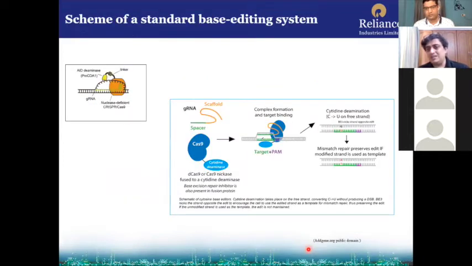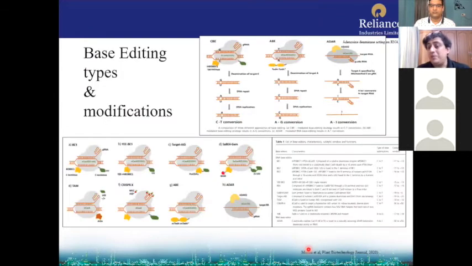So we know that if you take a Cas9 and hook one cytidine deaminase to the Cas9 and you send that to a target, what happens? It can change a single base. So a single nucleotide polymorphism can be changed by attaching one deaminase molecule with the Cas9, which is nothing but what we call base editing. There are three types of base editing that can be done nowadays: C to T conversion, A to G conversion, or A to I conversion in an RNA. Different kinds of further modification have been done to make it more precise. I'm not going into detail. All the references and some of the major things are here. Later on, you guys can have a look.